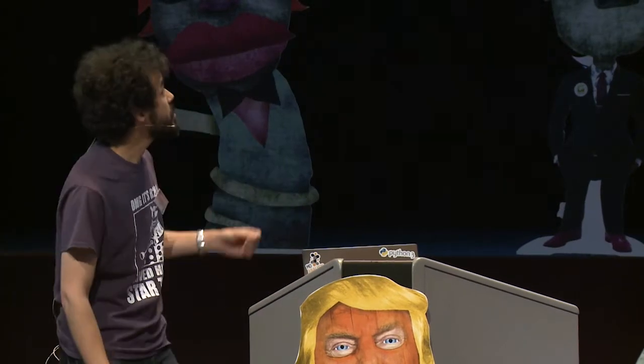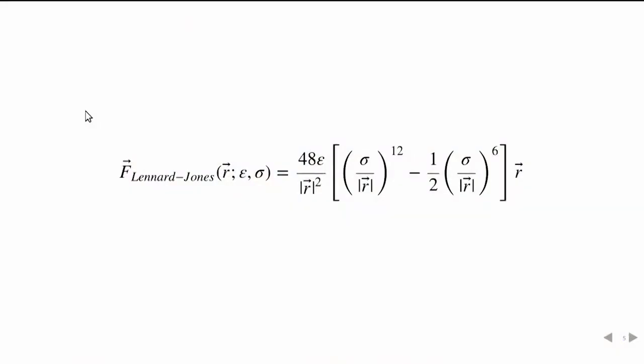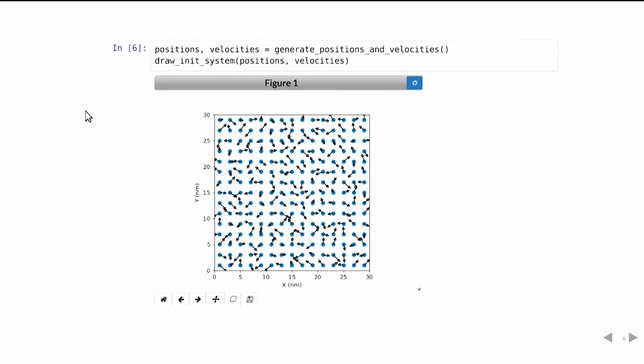And we can calculate the force. So this is part of a model. This is one way of calculating part of the force that applies on an atom. The only thing that matters here is that this force only depends on the vector between two atoms and some parameters that tell what atom types we are looking at. And I've been told to show code. So